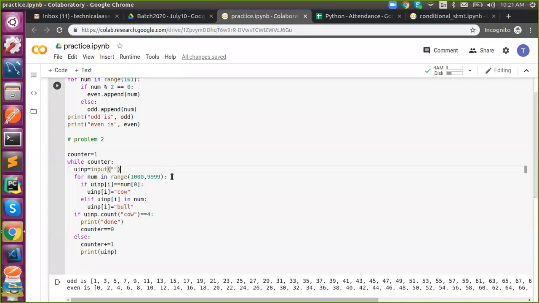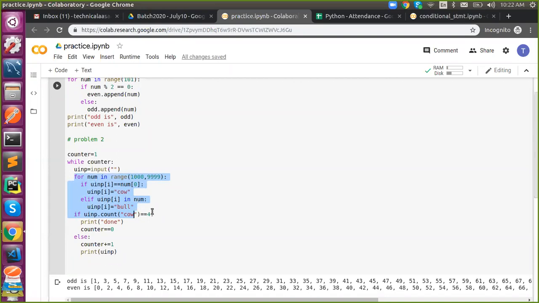Then what are you saying for the loop? It is from the range of 1000 numbers? Actually it is 10,000 numbers. Why, sir? For four digit numbers, from 1000 to 9999. Okay. So how many times will the loop occur if we set it like this? And I appreciate your naming, using num is good. How many times will the loop occur?